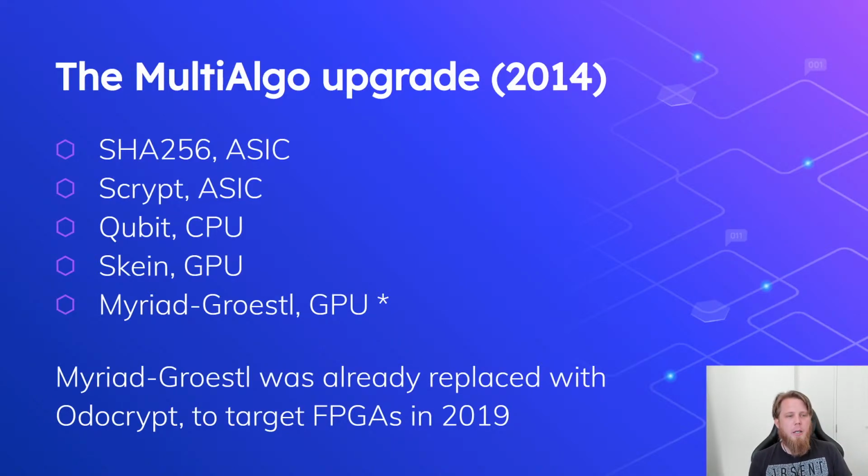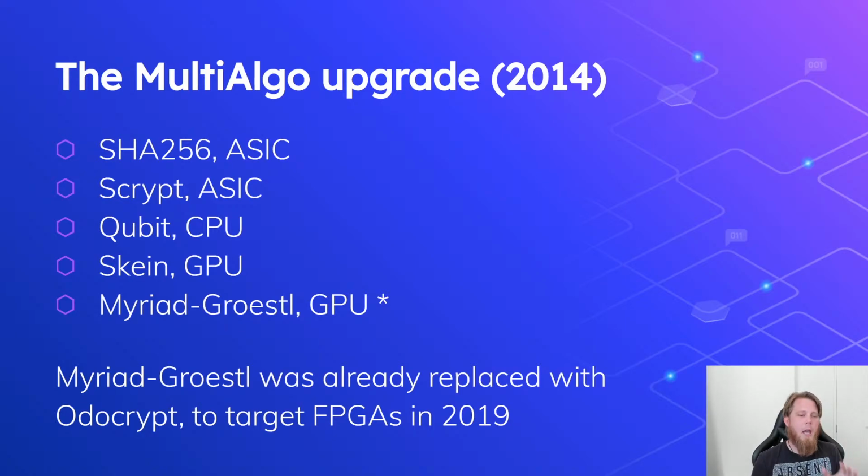So, DigiByte was then upgraded in September of 2014 from only accepting the one scrypt algorithm to being MultiAlgo, meaning there are 5 different options that you can use to solve for x. 5 different options that we accept as all being independently valid. Now, this MultiAlgo upgrade brought about different people with different types of hardware from all around the world, because different hardware is more efficient at solving for x with different algorithms. So, we also decreased the block timing from 60 seconds down to 30 seconds, and a couple of other things